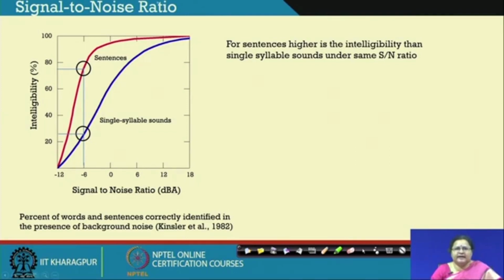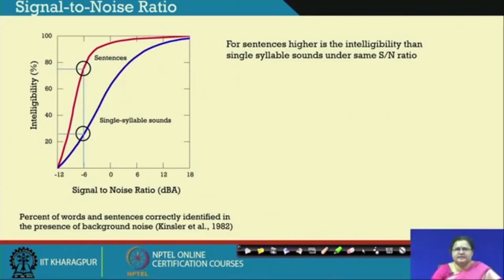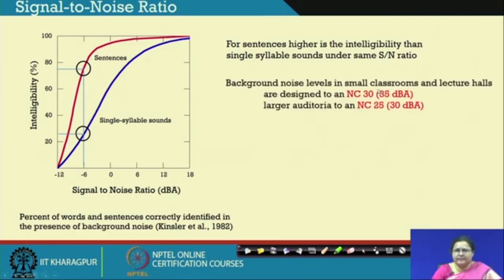What you see at -6 signal to noise ratio is that a word or a syllable is very less heard, whereas a sentence is quite well intelligible. So, you find that sentences have higher intelligibility even if the signal to noise ratio is negative. We will come to that ratio, and for background noise levels in small classrooms and lecture rooms,